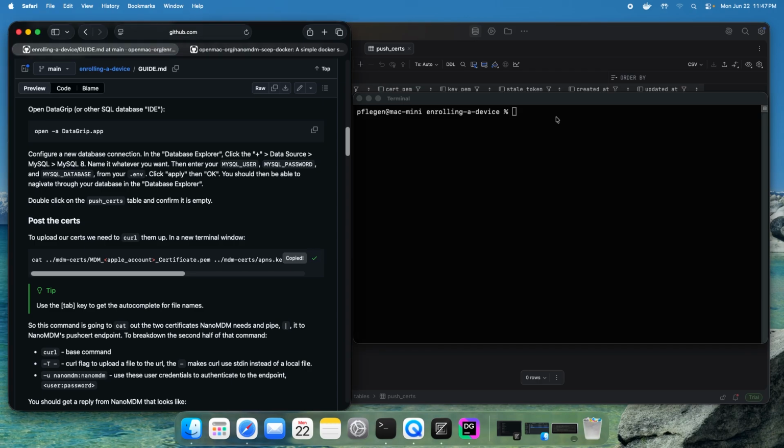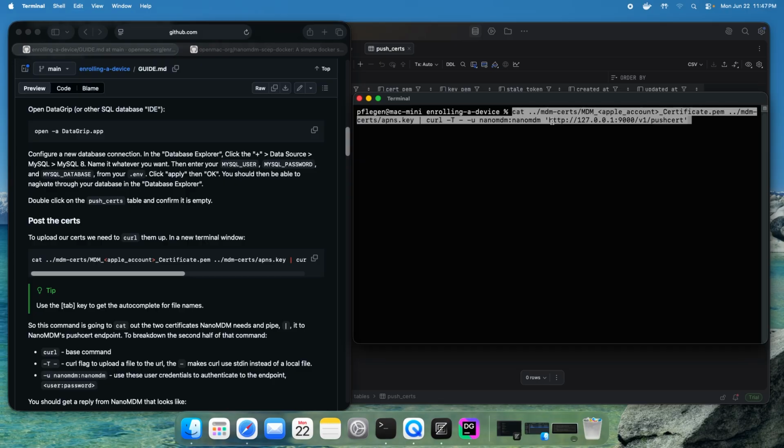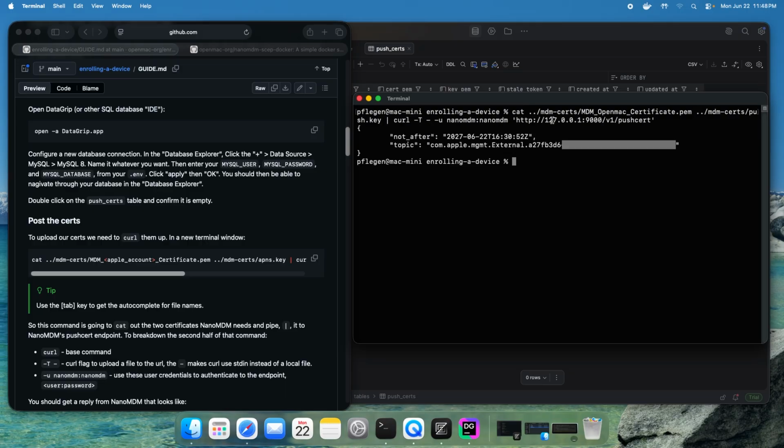So we're going to copy this command, and back in the terminal, in an enrolling device directory that's adjacent to the MDM certs directory, let's paste this in here. And we just need to change the certificate names here to, this should be push. And then this can just be, there we go. And then we hit enter, and you should get a response from the NanoMDM server with